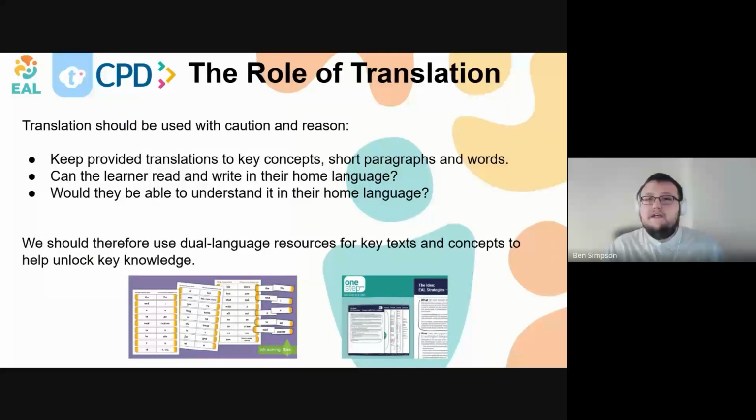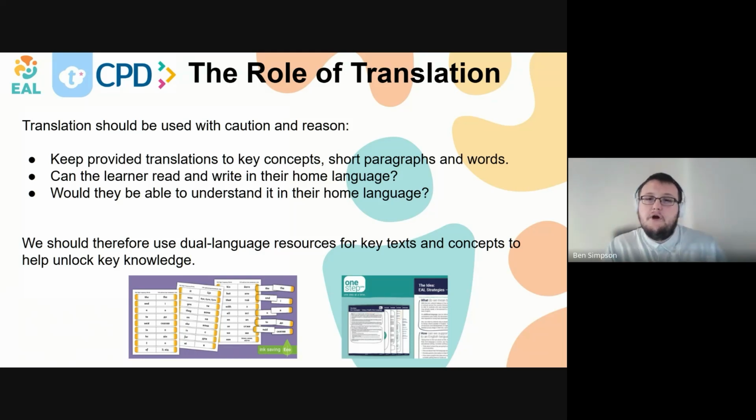So it would be a Herculean task to provide translations for all material in home languages of all of our different students. As we mentioned at the start, we have such a diverse range of languages in our learning settings, and especially in language-rich subjects like history, geography. We don't want to place a burden of extra cognitive load on the teacher or on the EAL learner when it could be avoided or eased. Dual language resources, which people mentioned in the chat, for things like key texts and concepts, can enable a multilingual learner to engage with the topic and to build a solid foundation.